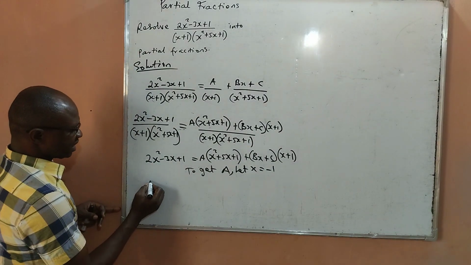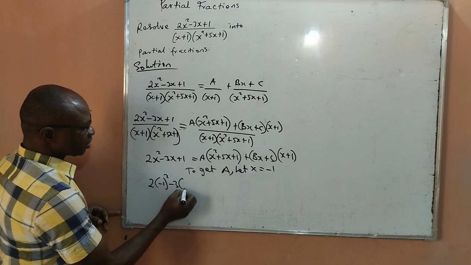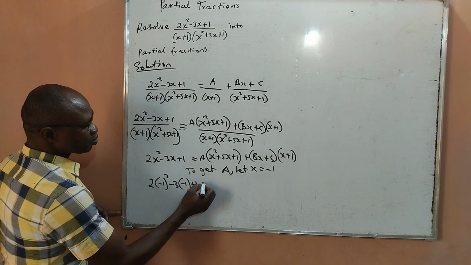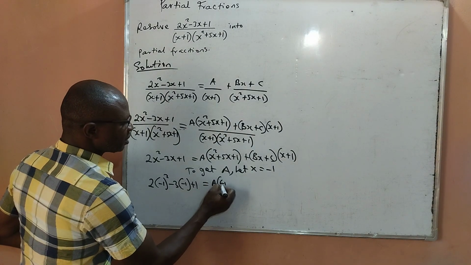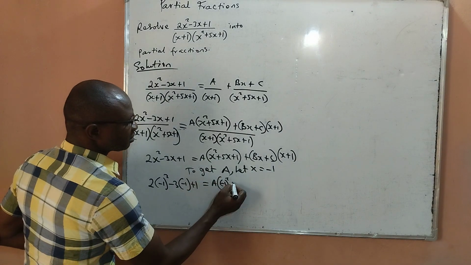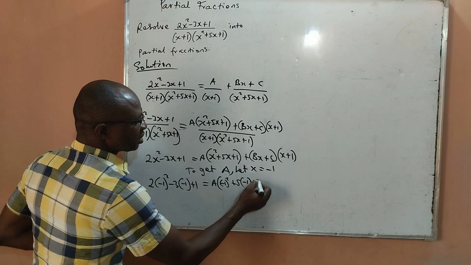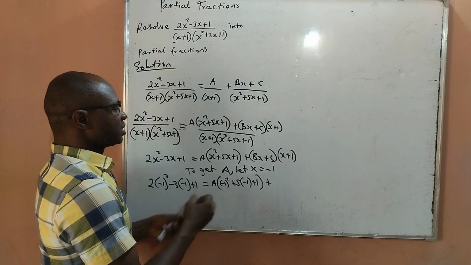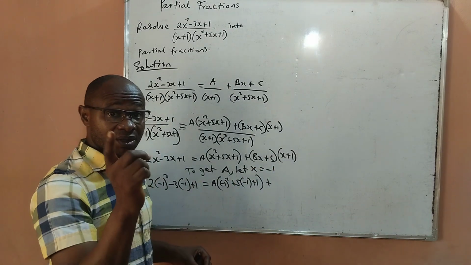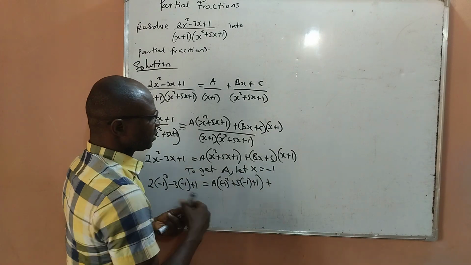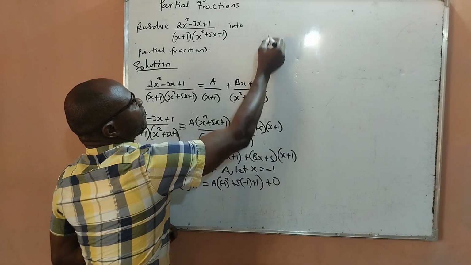Starting from the left hand side, I have 2 into minus 1 squared minus 3 into minus 1 plus 1 is equal to a into minus 1 squared, then plus 5 multiplied by minus 1, then plus 1. Then plus, in this place of course, minus 1 plus 1 will give me 0. And 0 multiplied by this will give me 0. So I can put here now 0. Okay, moving forward,